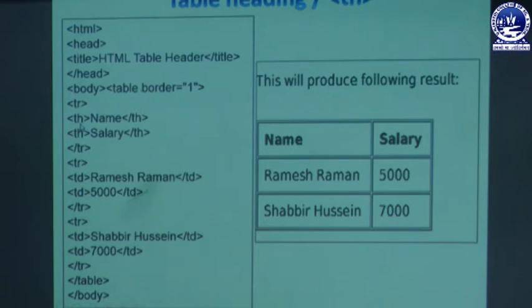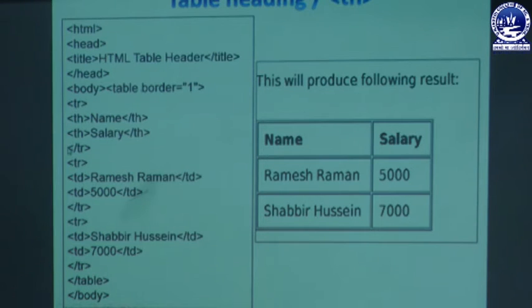So here you can see in the previous program we have used td, but here we have specified th, that means table heading. You can see over here whatever content I have written within the th container has been displayed in bold letters. That means it represents that it is the table heading. These are the headings and these are the data of the heading. So if we want to distinguish the table heading from the table data, we have to define the format of the data in th tag to distinguish it from the table data.